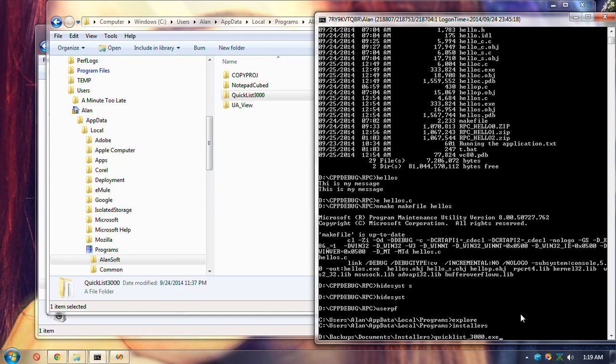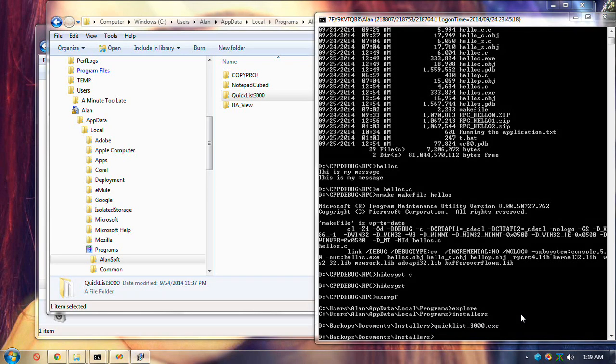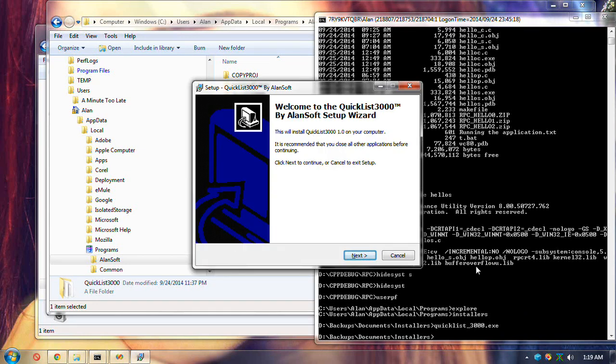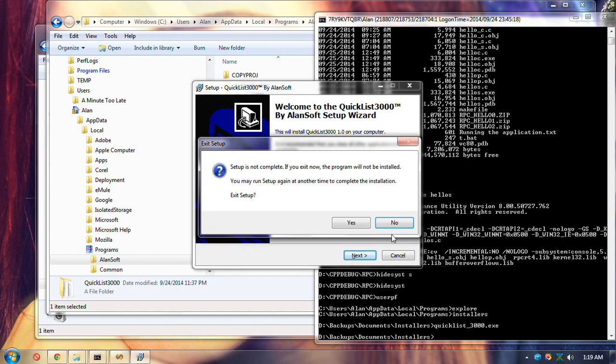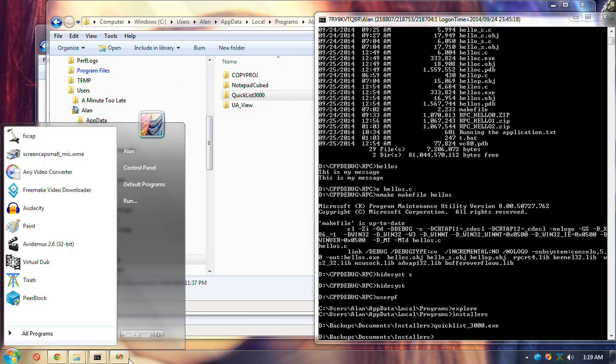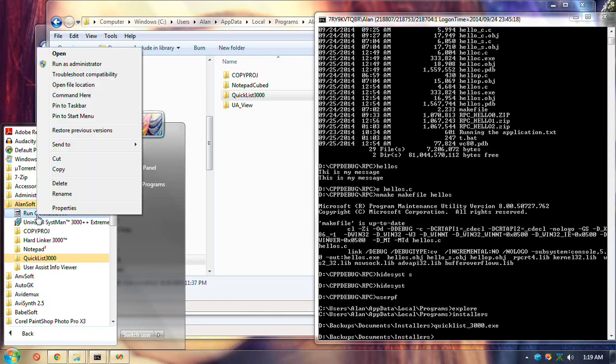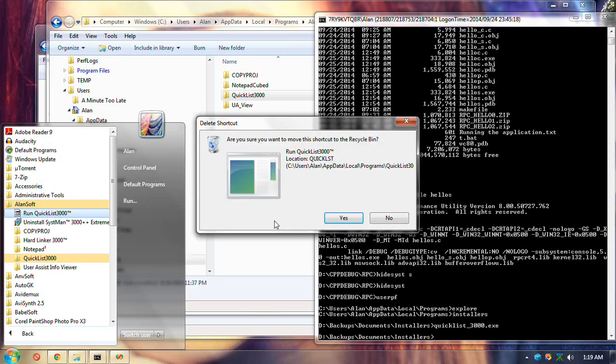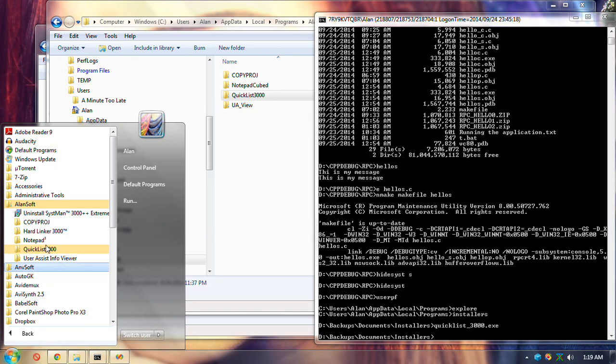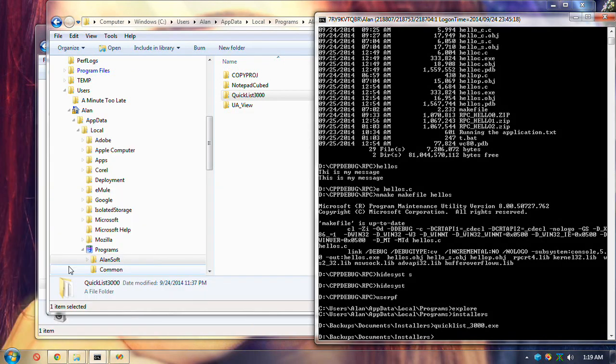This is the old version. Oh, it doesn't even install there. I have to uninstall it. Currently, no problem. That shouldn't even be in there. The uninstaller doesn't seem to work properly.